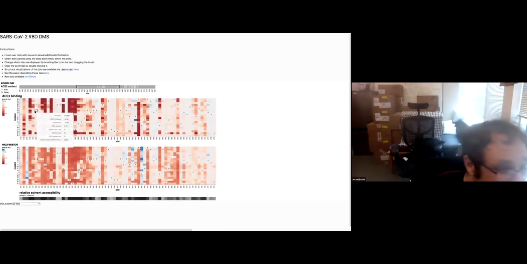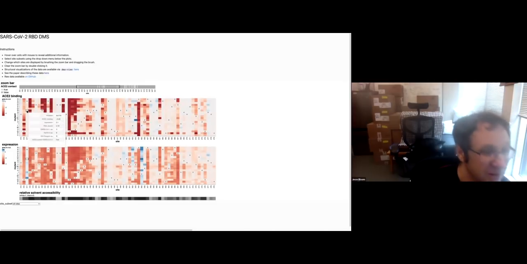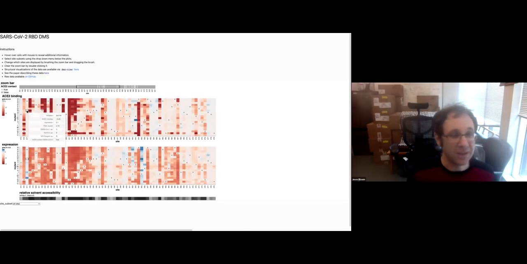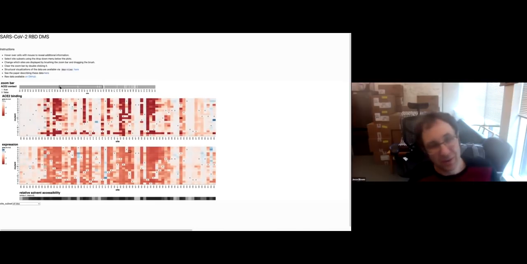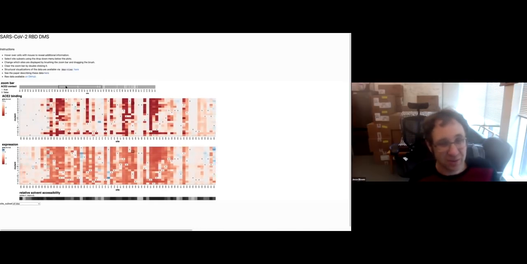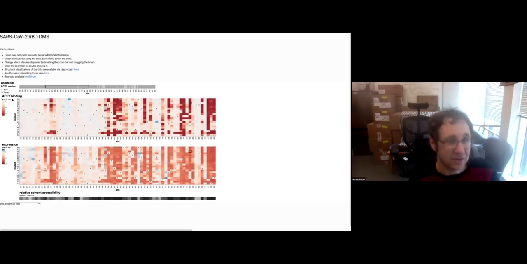And that mutation is right here. And you can see that mutation actually somewhat decreases the affinity for ACE2. And in fact, that mutation's in general only been observed in conjunction with other mutations like N501Y. So based on these phenotypic maps, we can speculate that maybe this affinity decreasing mutation needs to be compensated by an affinity enhancing mutation. And in general, we hope these maps are useful for when people hear or observe new mutations in the receptor binding domain, they can go look up and see how those affect these two key biochemical phenotypes.